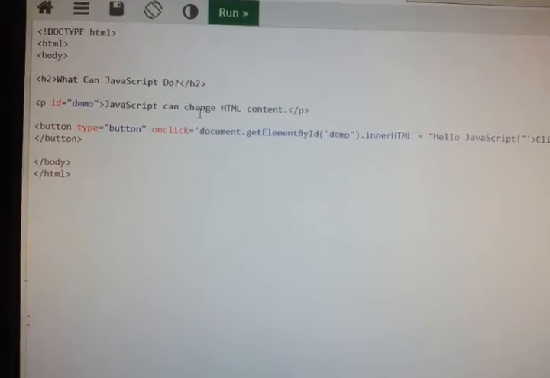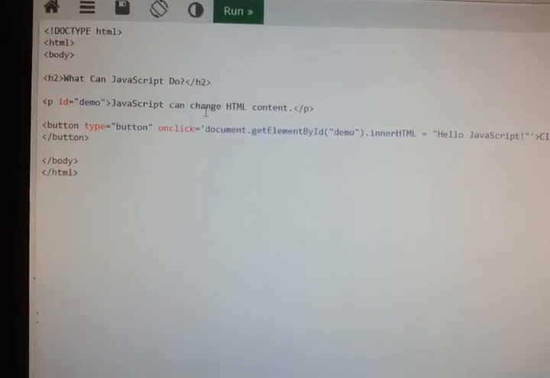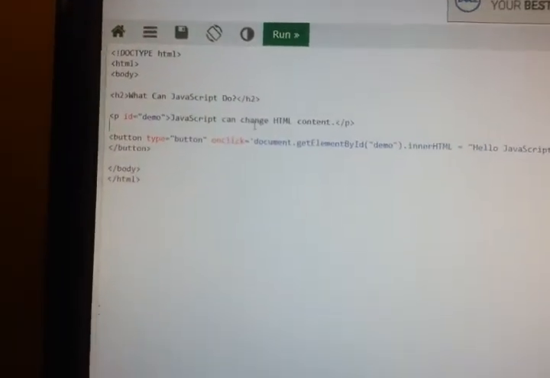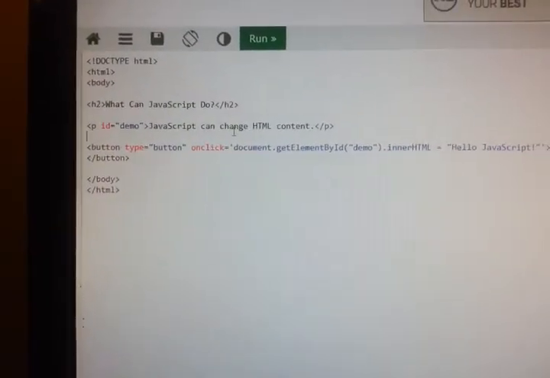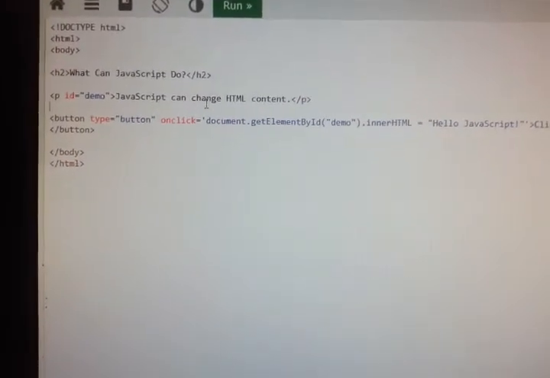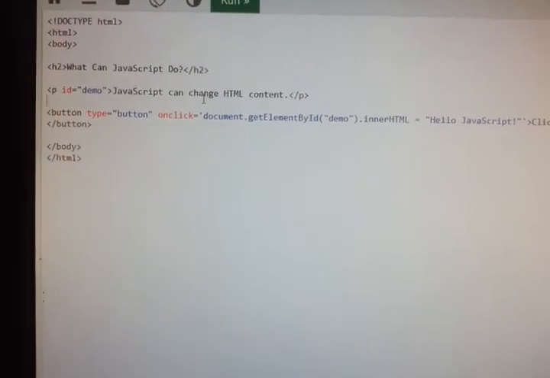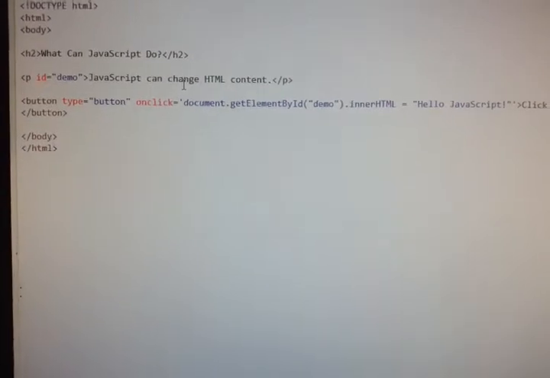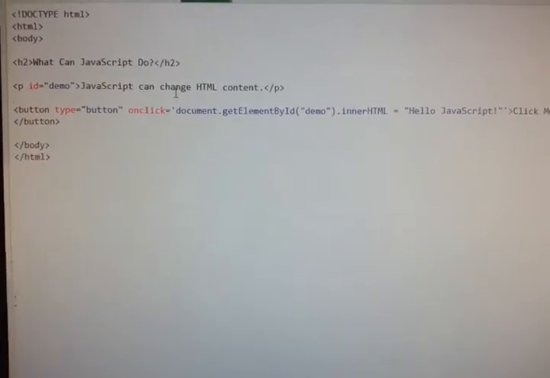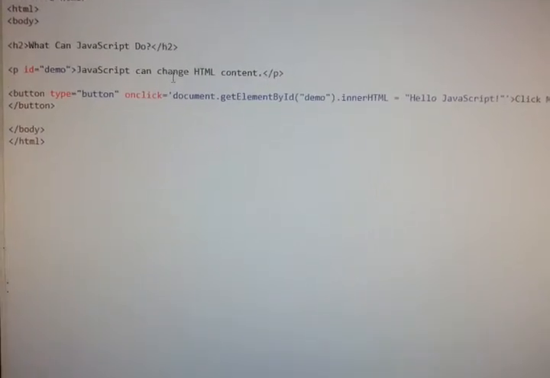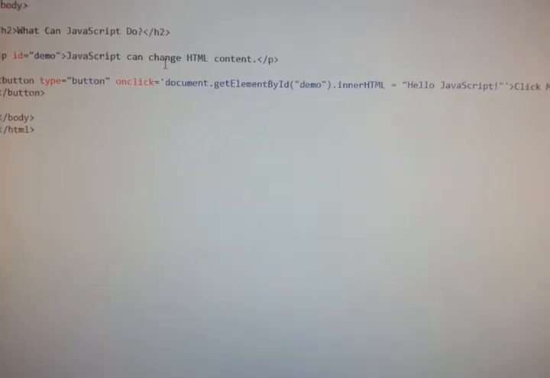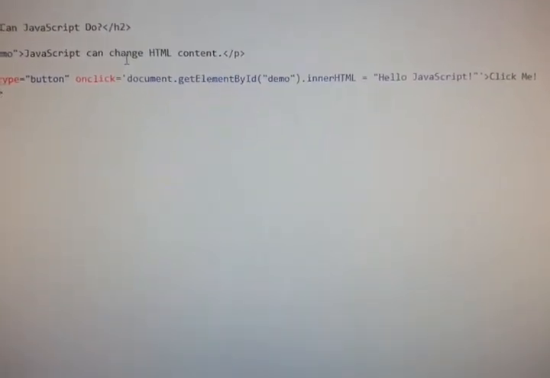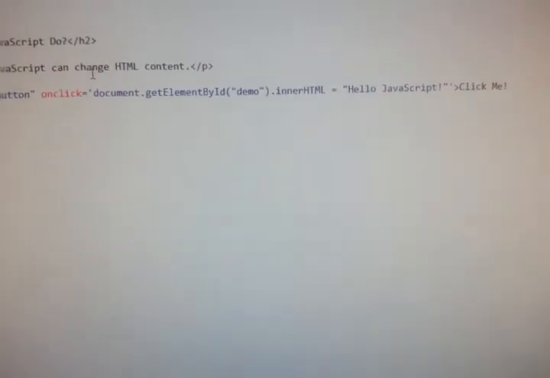Then here we are creating a button, so for that we use a button tag. Button type is equal to button, onclick is equal to document.getElementById("demo").innerHTML = "Hello JavaScript", and the button name is Click me.